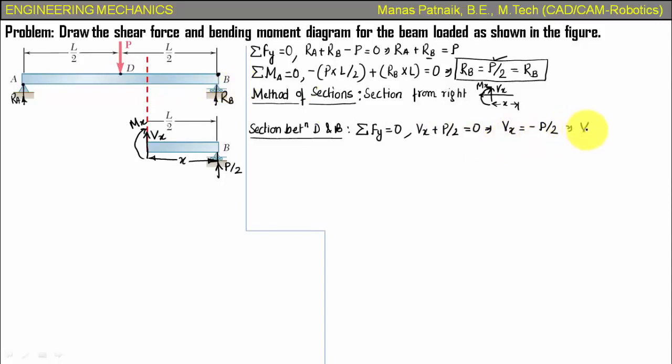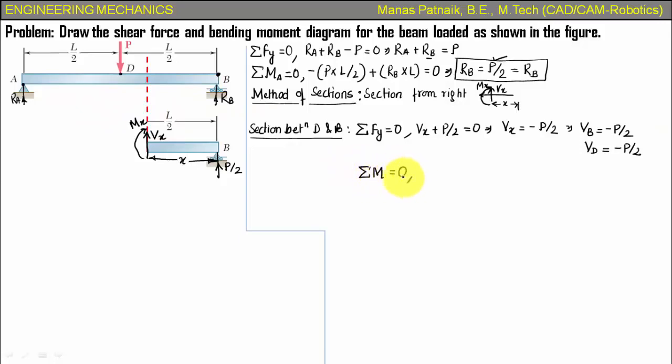Hence you can conclude that shear force at B is going to be equal to negative P by 2, and also the shear force at D is also going to be equal to negative of P by 2, right? Okay, so what's the next thing that we can do? We can take the moment. Let me go ahead and take the moment